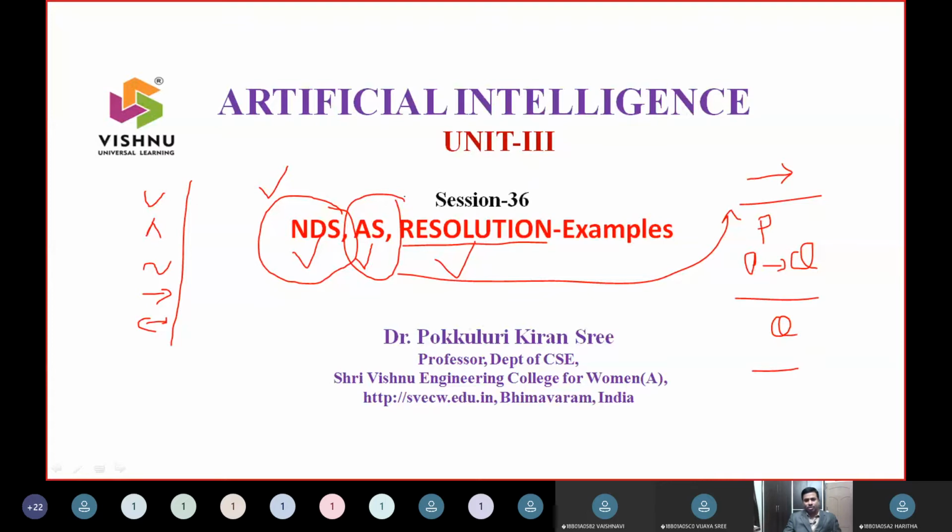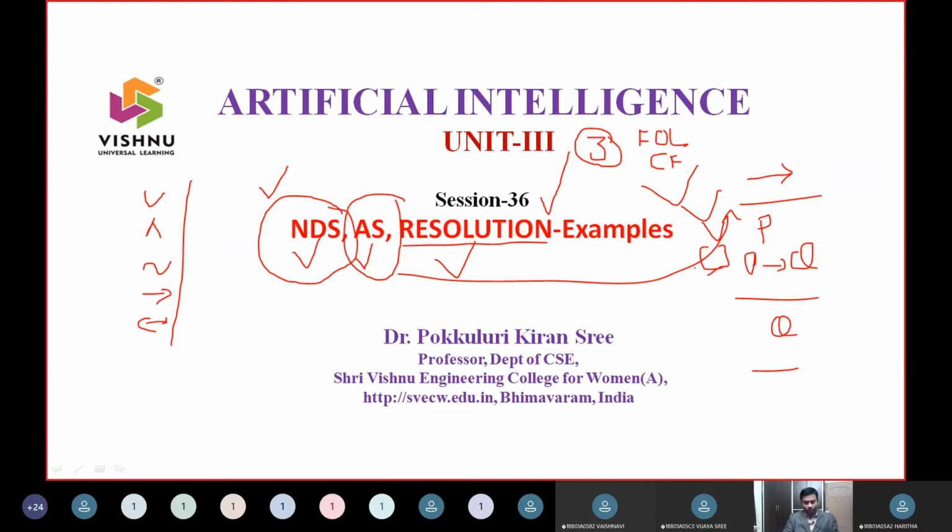So we have also seen a resolution system where this resolution system will have three steps. The first step is how do you convert the statements into first order logic, and then how do you convert this first order logic into clause form, and how do you take the negation of the premise that has to be proved, and straight away we apply the rule by taking this form to get something called as nil or empty set. So this is what we have seen for the last few classes.